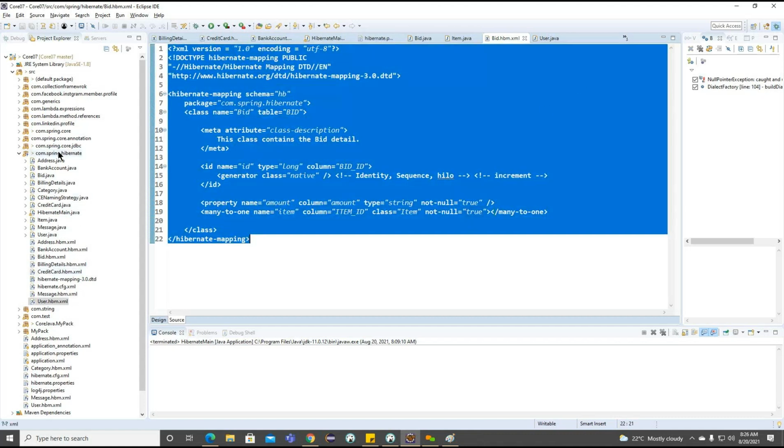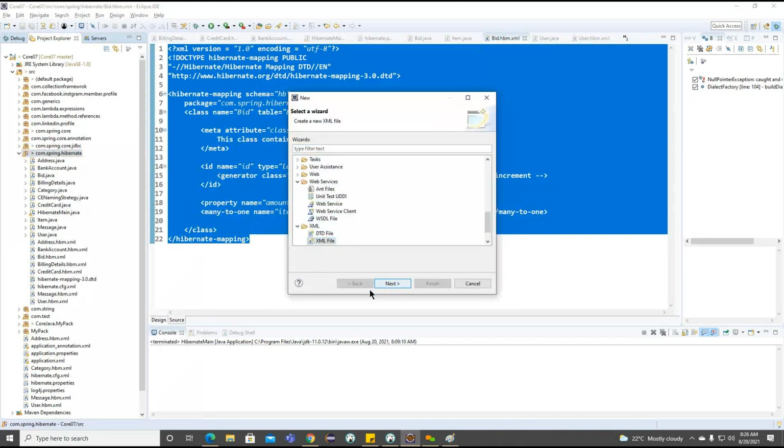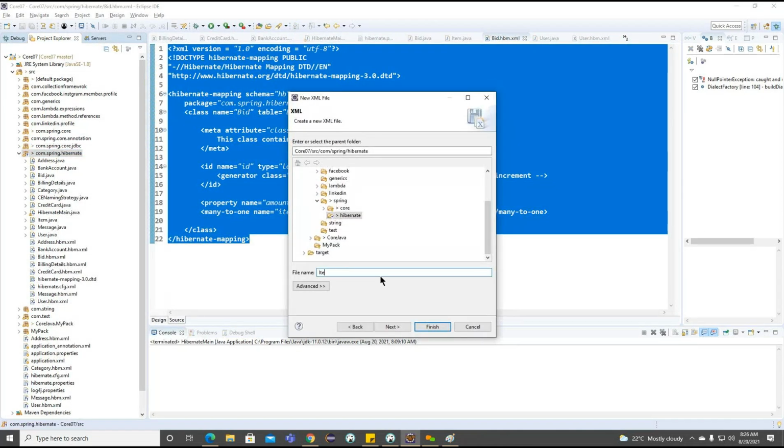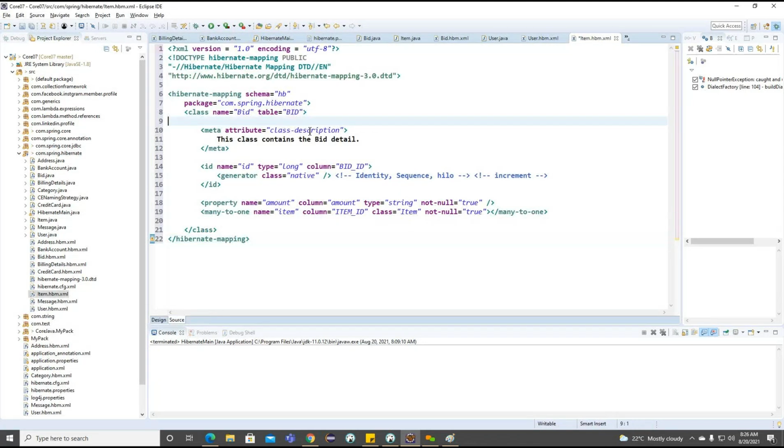And finally we need to move on to what we can call item. Item dot hbm.xml. Item dot hbm.xml. Now let me change the name of the class here. Item.